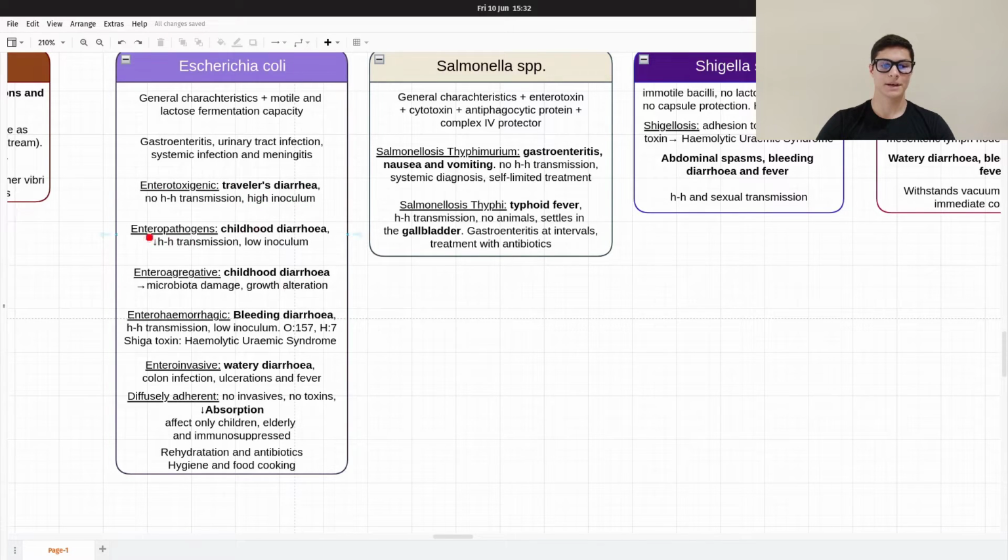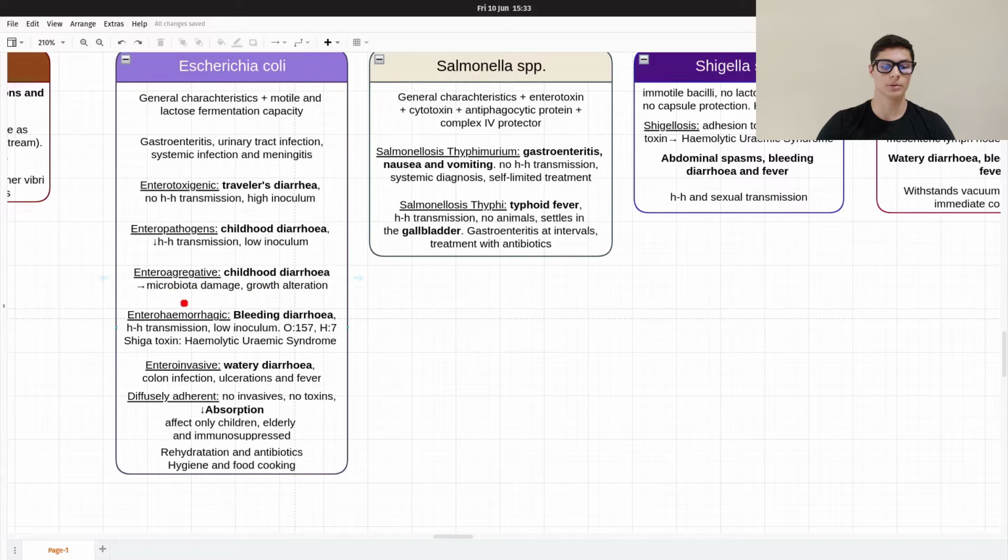And then we have the enteropathogenic, which causes the childhood diarrhea in countries that are still trying to develop, in poor countries. There is no very high human-to-human transmission. Indeed, it's very low, and the inoculum is low as well. Then we have the enteroaggregative, which causes the childhood diarrhea, but in rich countries, and it's related to growth alteration because it creates a